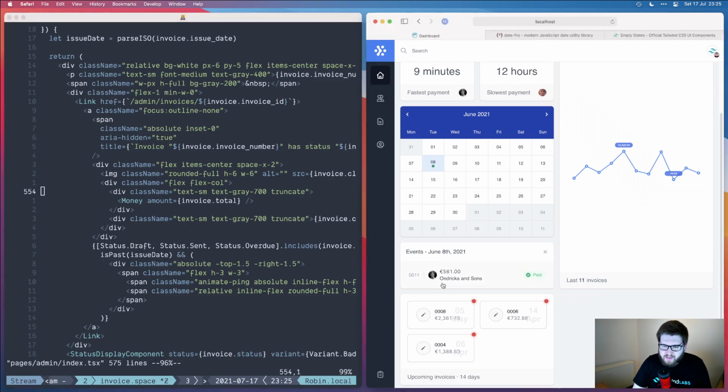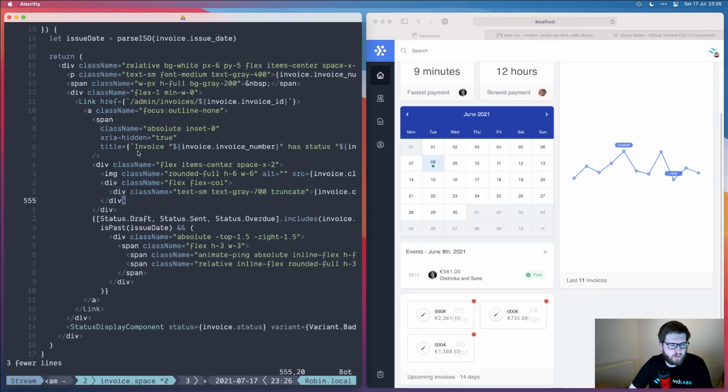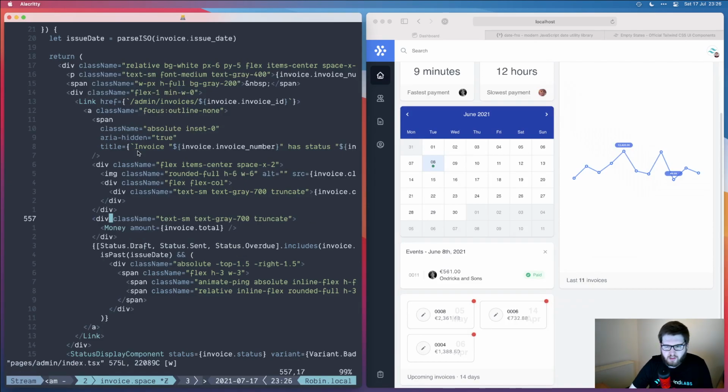Okay, so now we have this thing. It does feel a little bit awkward that the monies is in there. So maybe the money part should move here. And then